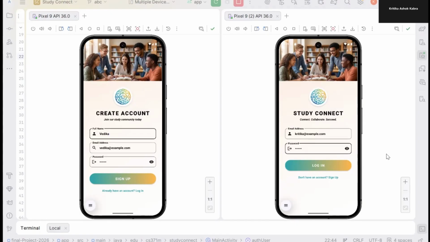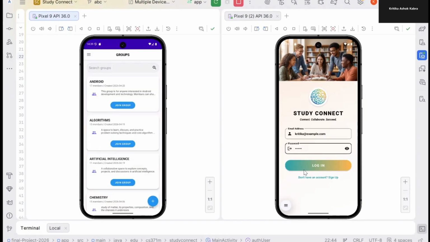Once we have entered the details for the sign up as well as the login, this will start the login and sign up system, which uses Firebase authentication to securely verify the users. So when we click on sign up, and then when we click on login,